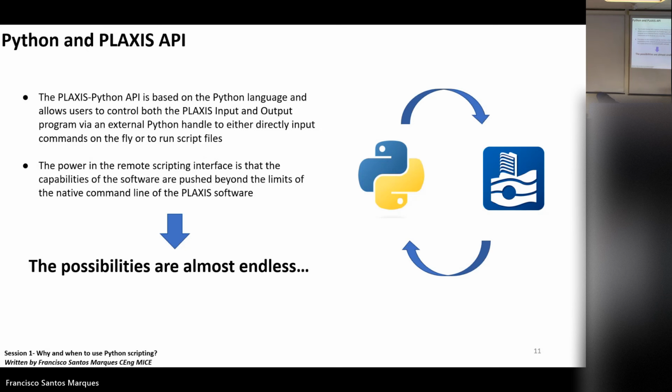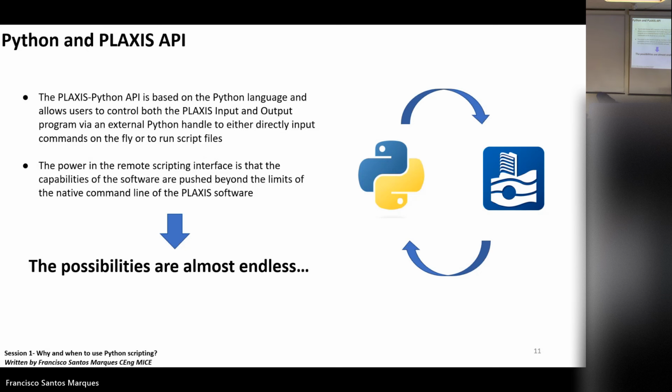Okay. This API works as a bridge between your Plaxis program and the Python language. Having this API allows the user to control both Plaxis input and output based on scripting.